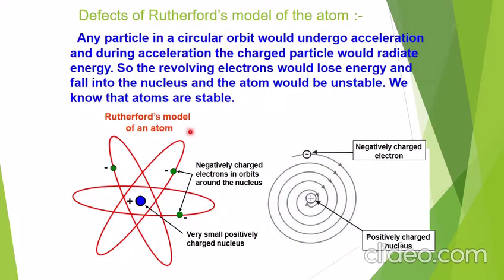Now talking about the drawback of the Rutherford model, he said any particle in circular orbit would undergo acceleration. कोई भी electron revolve हो रहा है, during revolution he is saying it will accelerate. And during acceleration, he is saying the charged particle would radiate energy. वो अपनी energy lose करता जाएगा. If this is the negatively charged particle और ये move कर रहा है, तो हर time जब ये अपनी energy